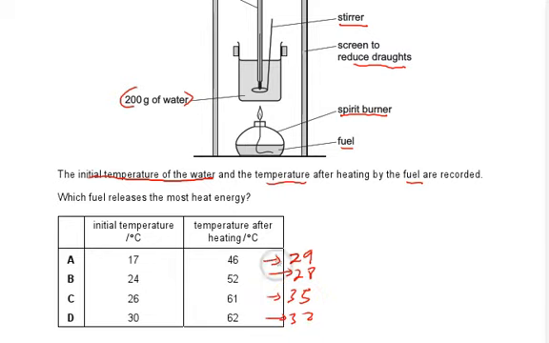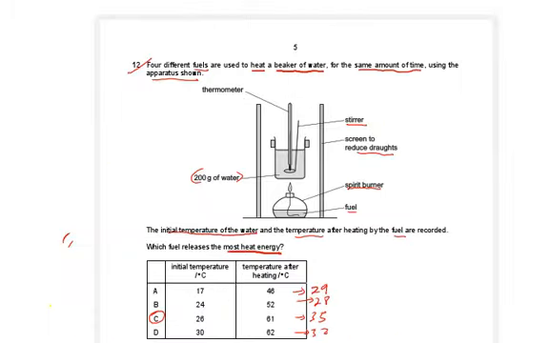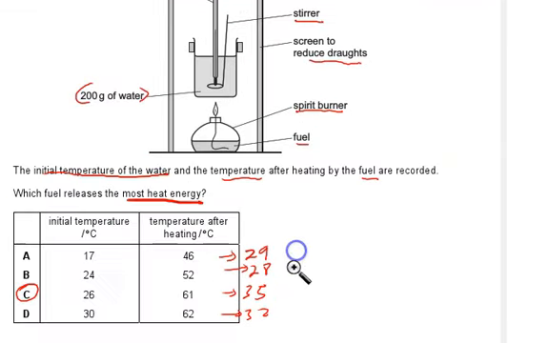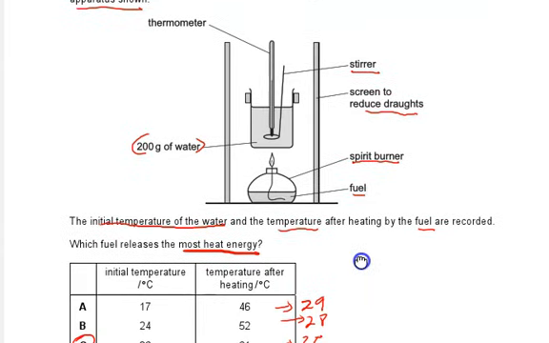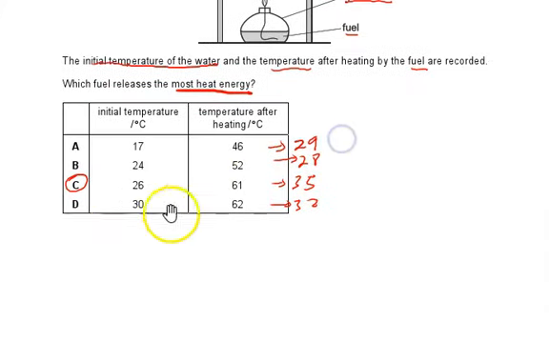So the higher the difference in temperature, the more heat energy. So C is your answer. Okay, all right. So this is for number 12. This is the calculation. Okay, now let us go for